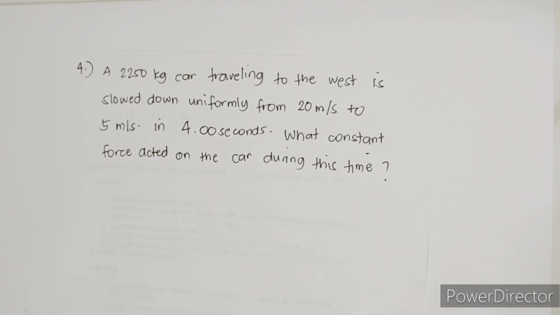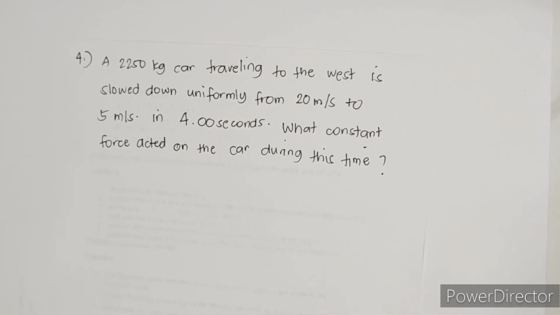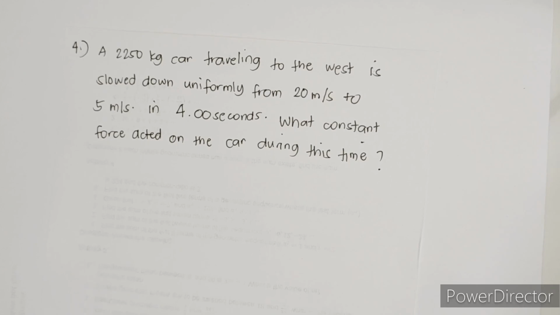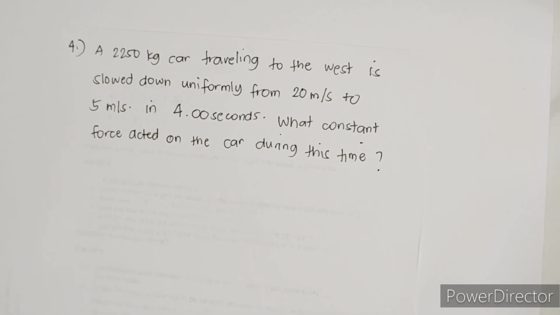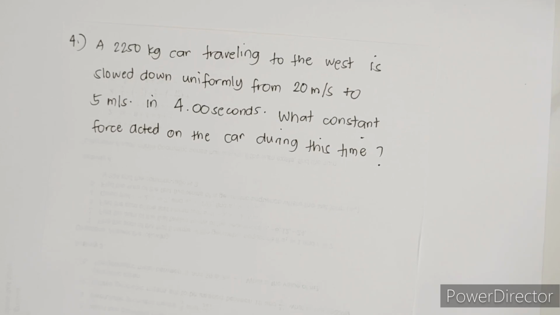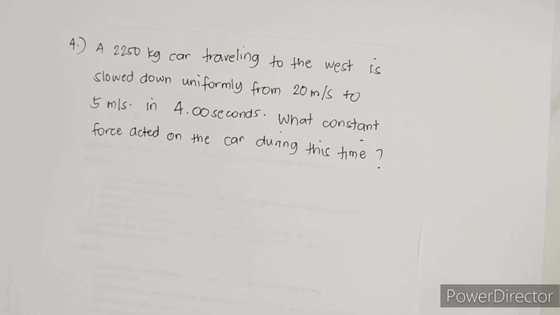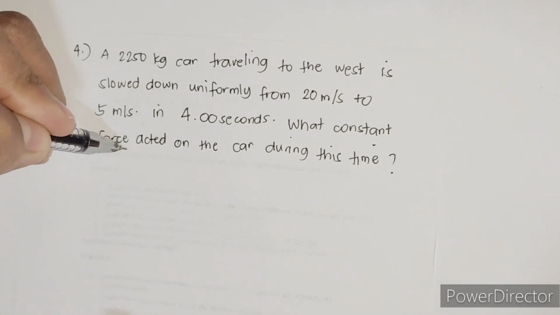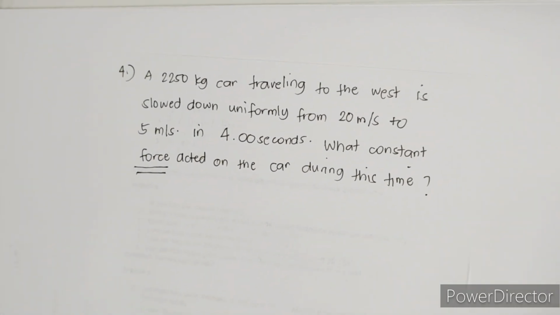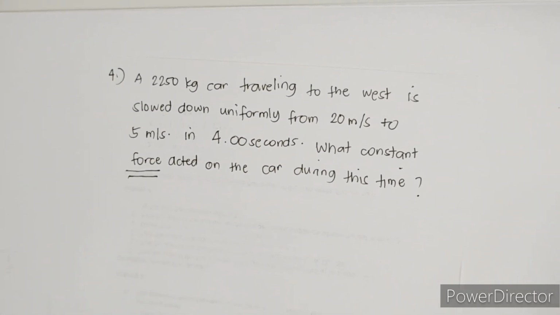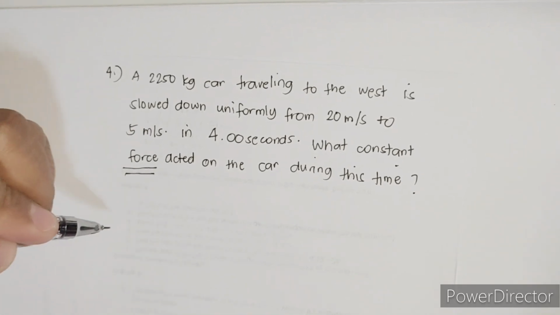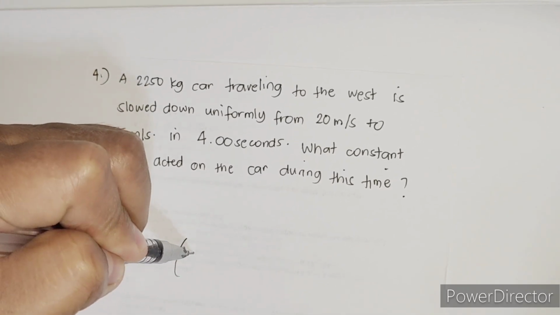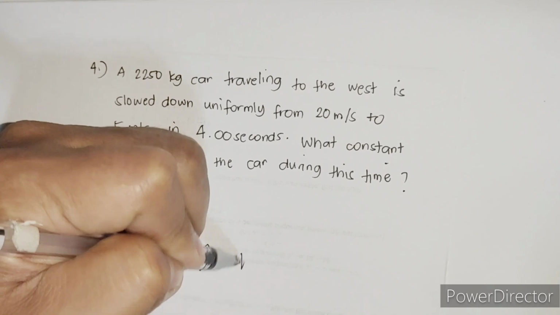A 2,250 kilogram car traveling to the west is slowed down uniformly from 20 meter per second to 5 meter per second in 4.00 seconds. The question is, what constant force acted on the car during this time? Again, our main problem is to get the force acted on the car during this time. And we know that our formula in finding force is equal to the mass times the final velocity minus the initial velocity